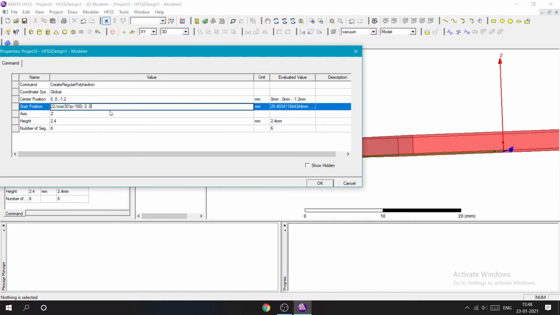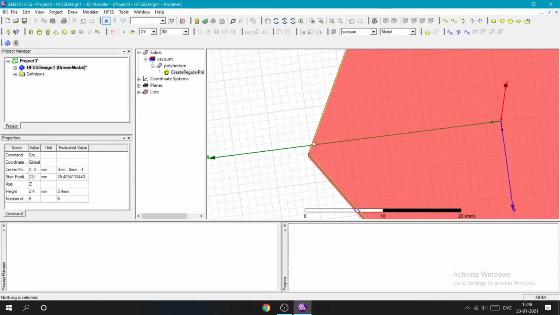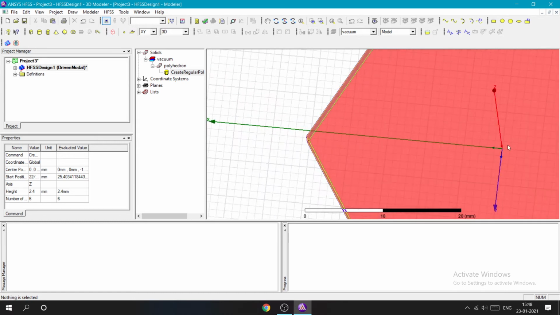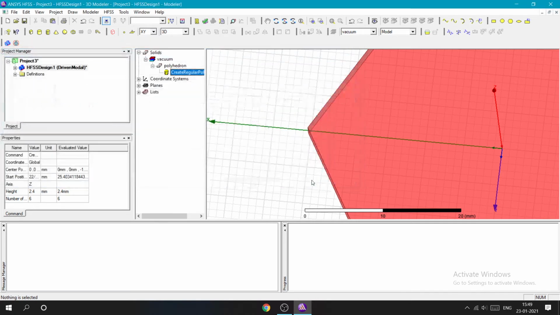Now if I give it like this only and press OK, you can see it is a little bit off, because the center point is here and the vector is given as 0, 0, minus 1.2, and the starting point is given as some radius, comma x, y is 0. But the y doesn't match here. What happens? We need to change only along the x direction, not in other directions, right? But we have changed the y direction also, that's why it's a little bit rotated. So just give it as minus 1.2 as well. Just press OK and it will be aligned.